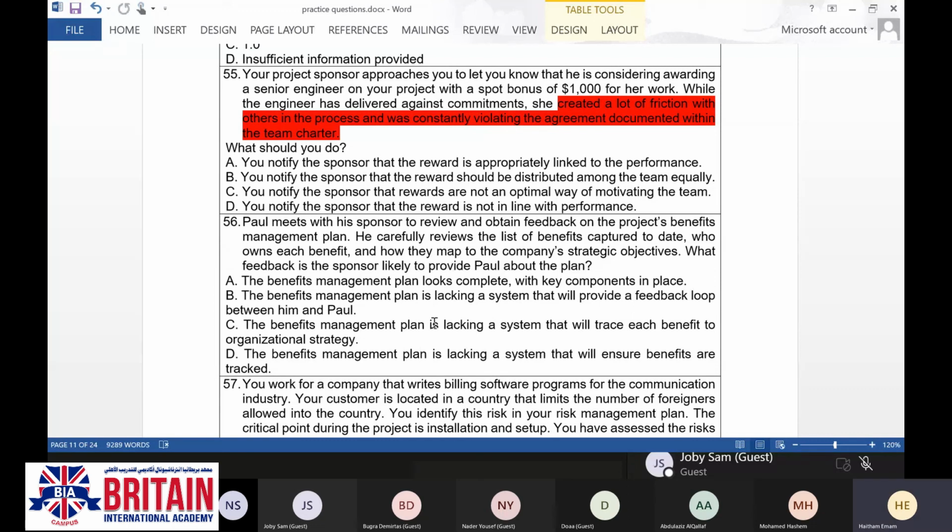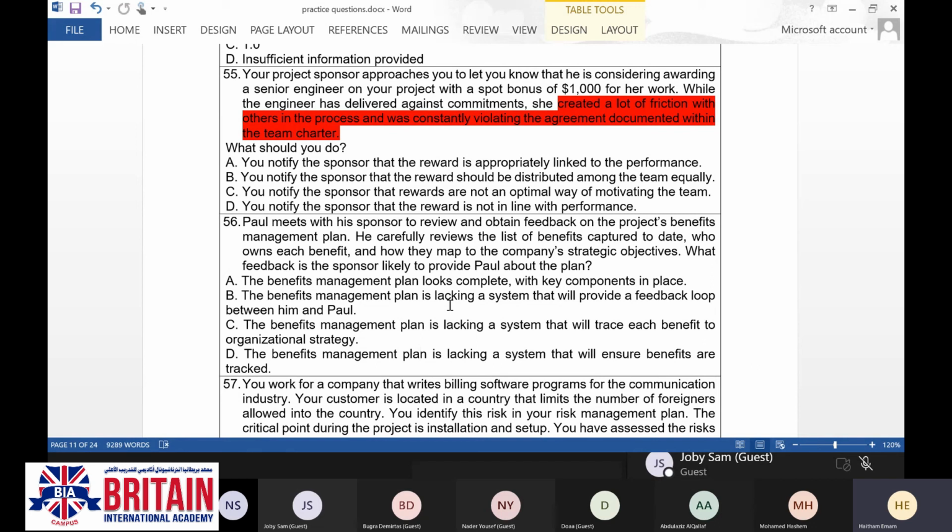If he is not authorized or he has an authority limitation, then for sure he has a certain escalation path. Escalated to whom? To the sponsor, and maybe the sponsor himself is going to take the action, or maybe the functional manager if we are working in a functional organization.